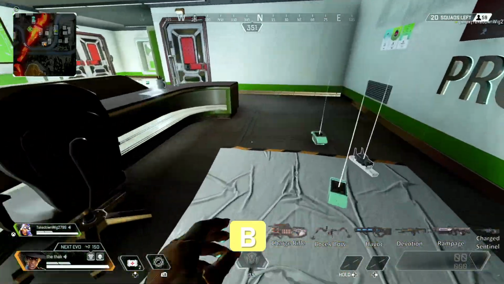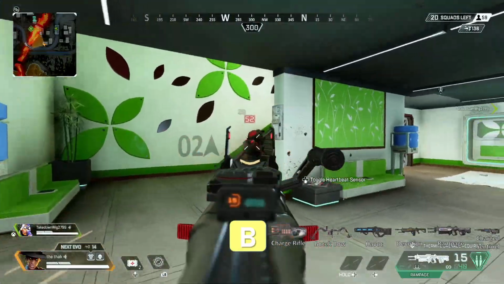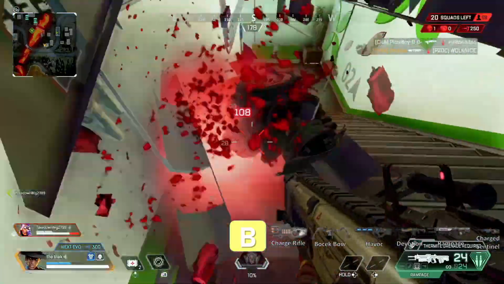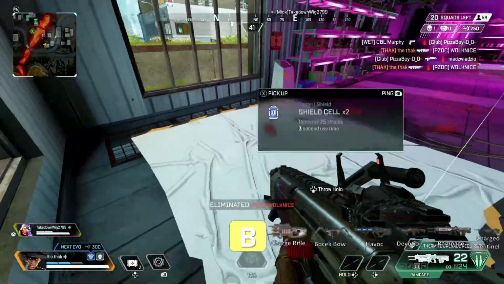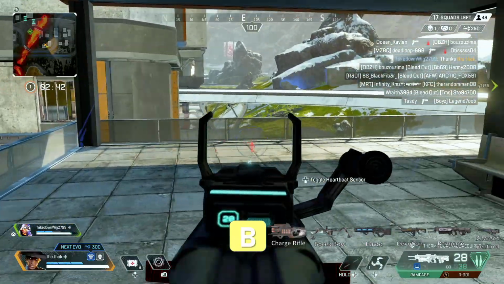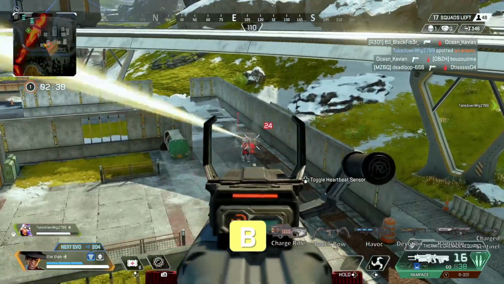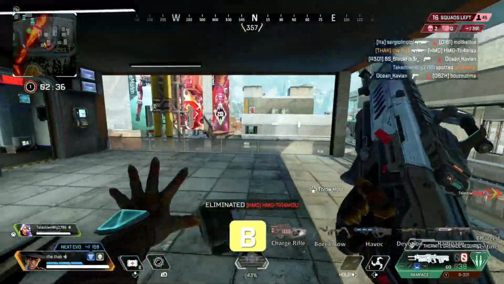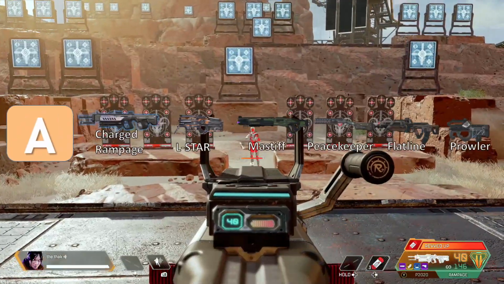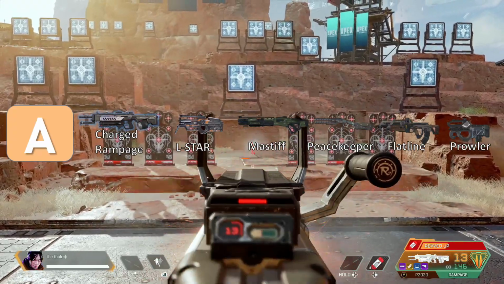The final weapon in B tier is the Rampage. I was debating whether I put the base Rampage in C tier or B tier. I feel like the Rampage is decent and does good damage per bullet, and that makes it useful early game, but the slow fire rate will get you into trouble a lot of the time. Plus the hipfire is a lot less accurate than the Spitfire was, and that's why I feel the base Rampage sits in B tier. Moving on to A tier, we've got the Charged Rampage, the L-Star, the Mastiff, the Peacekeeper,